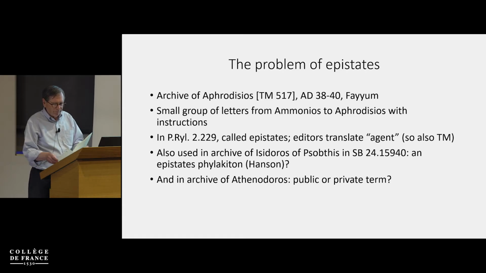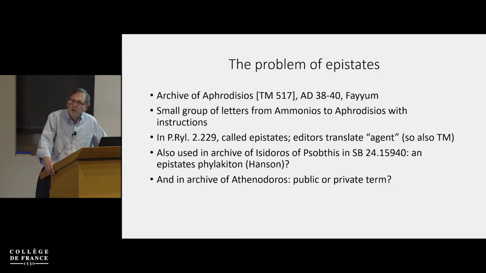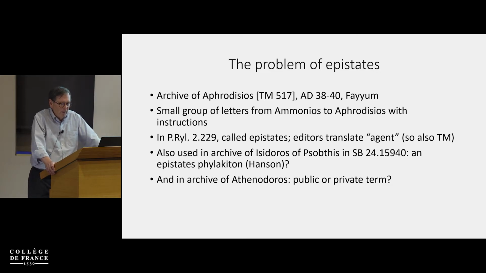Etymologically related, but far more doubtful, is epistates. The term appears in one of the letters in the small archive of Aphrodisias, dated to 38 to 40 AD, referring to Aphrodisias as the addressee. The letters are all from a man named Ammonius, who was a landowner in Fayum villages. And he asks for foodstuffs from Aphrodisias while sending him money and a donkey, all by means of at least